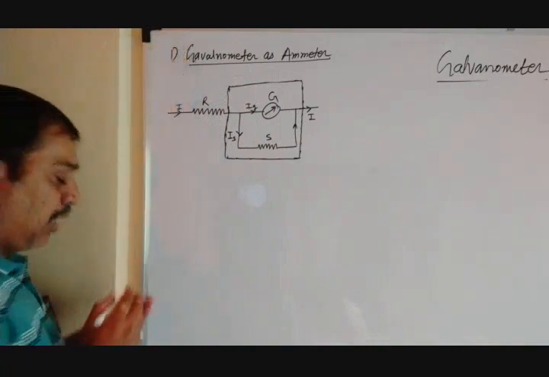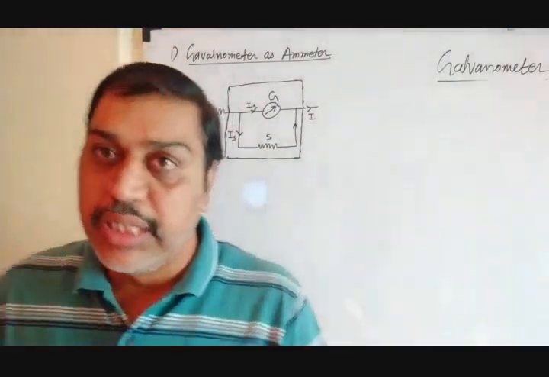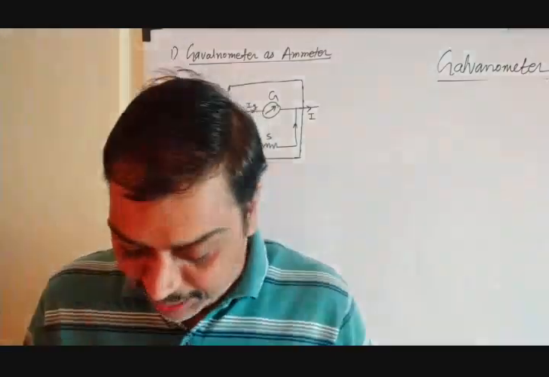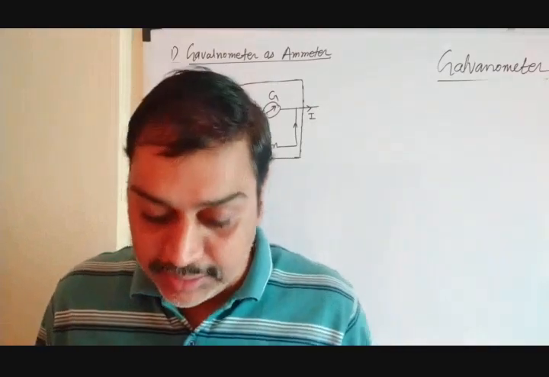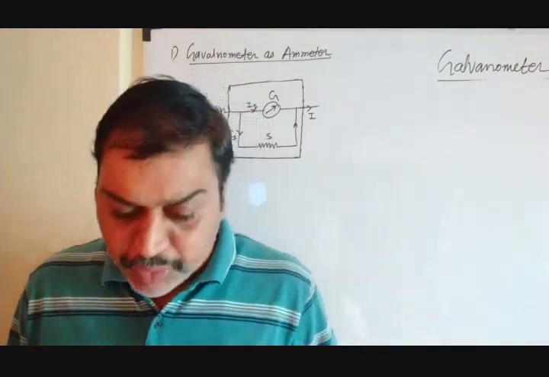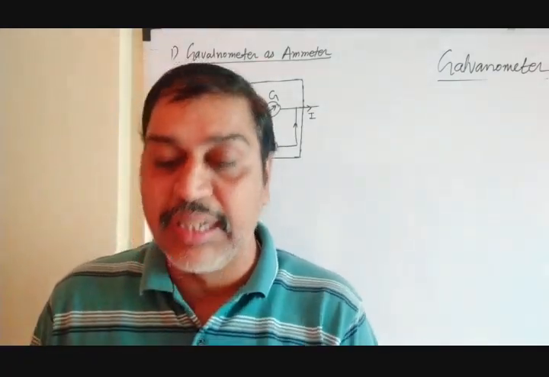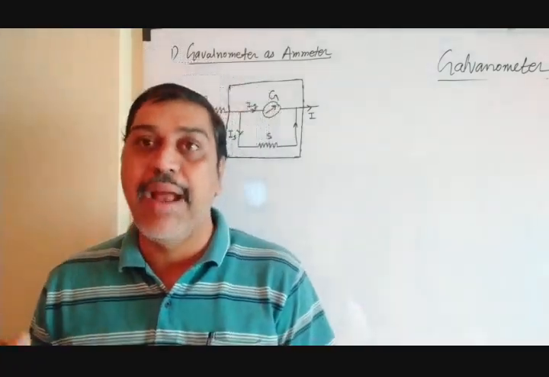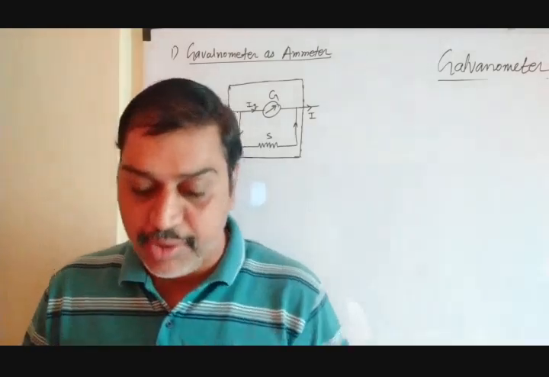To measure the current using a galvanometer, we have to make some modifications in the galvanometer. What are the modifications? Just look at page number 225. To convert a moving coil galvanometer into an ammeter, they have mentioned 3 points. So let's see what the 3 points are. The first one: effective current capacity must be increased to the desired higher value. Current measuring capacity must be increased to the desired higher value. That is the first condition we have to achieve.